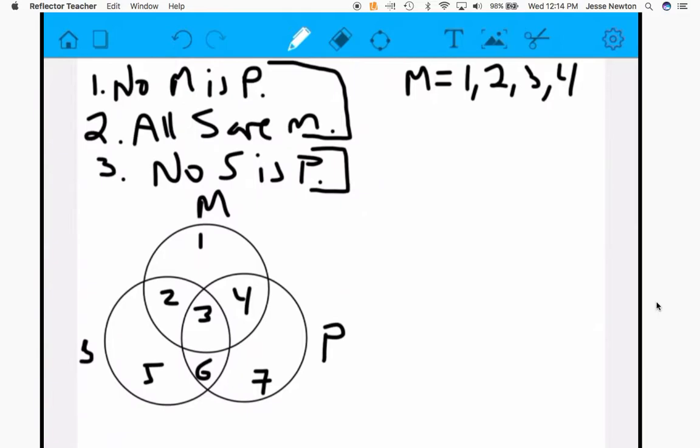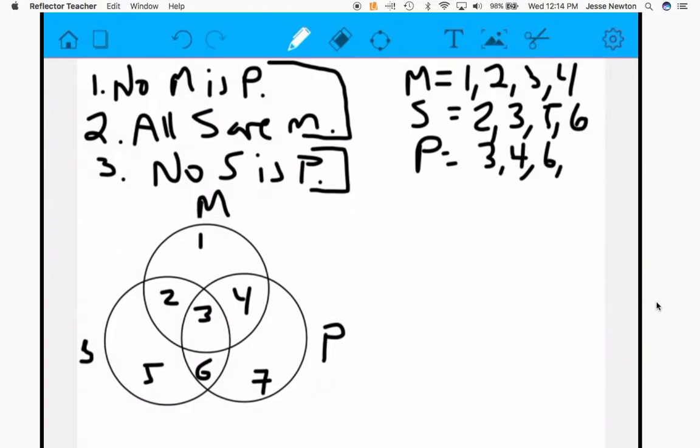And then what regions for S? Well, S is equal to 2, 3, 5, and 6. And how about P? Well, P is equal to 3, 4, 6, and 7. So like I said, what we're going to be doing is basically the same thing we've done before. It's not going to be any different. We're just going to be doing more of it. So the way we